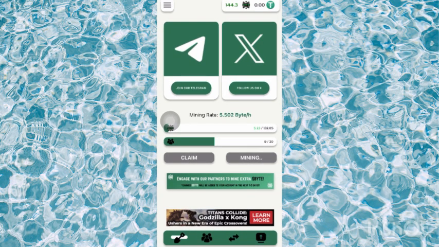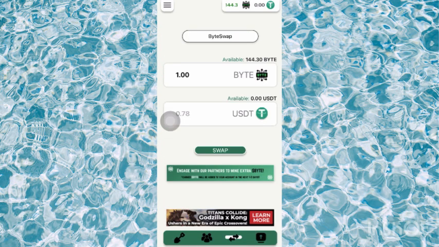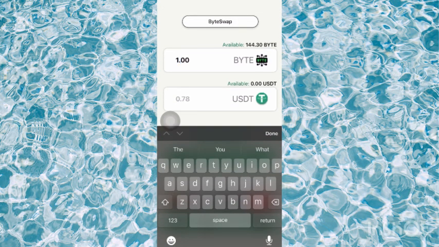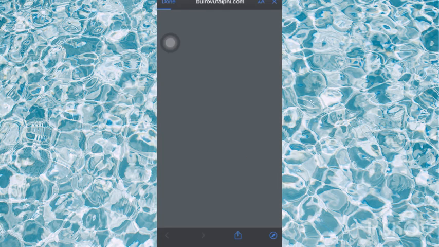You have to go over to this place here which is showing this arrow. Let me go over to it. It's showing available. I have 144.30 bytes, which is equal to 0.78. For example, you have 100 bytes and you want to exchange it. And so let me just go over to swap,